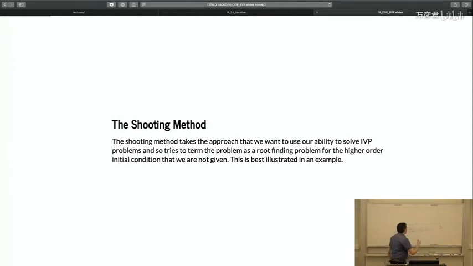So it's like you're shooting a cannon or something. That's the basic idea. We know what UB is, we know what B is, and I just want to make sure that I hit UB to some tolerance. So it turns into a searching type of thing, and I'm just going to use my initial value problem machinery to do that. And that's the basic idea. So let's go through